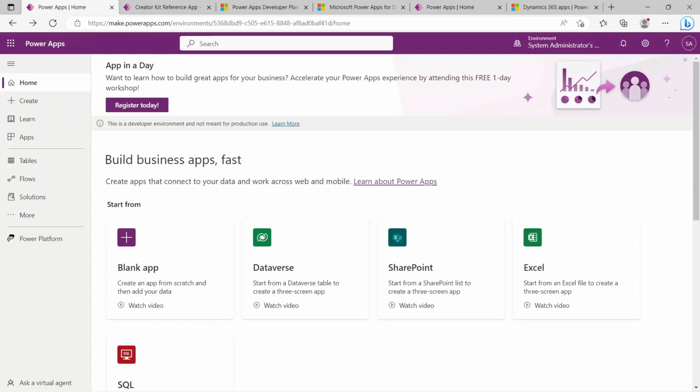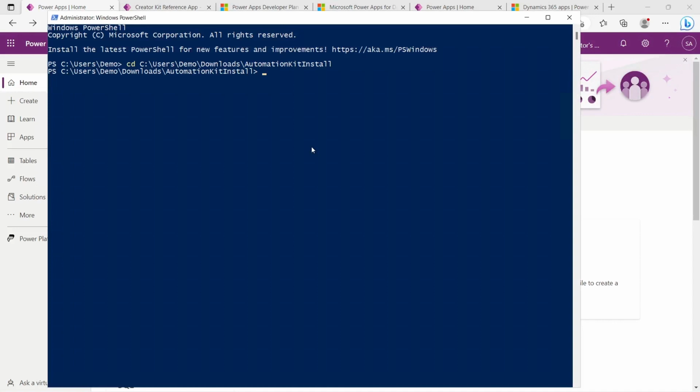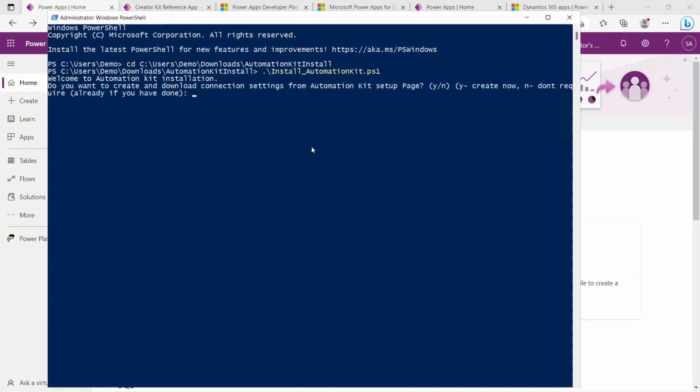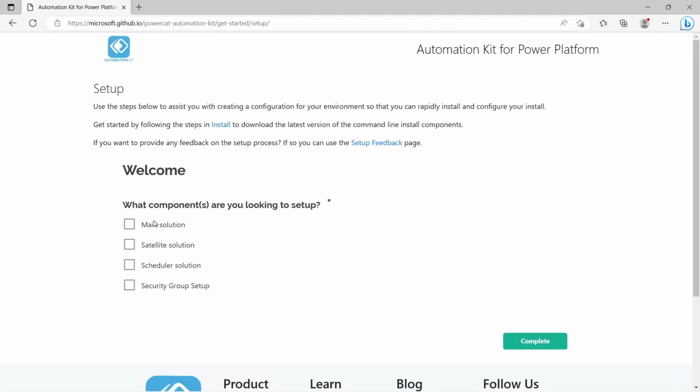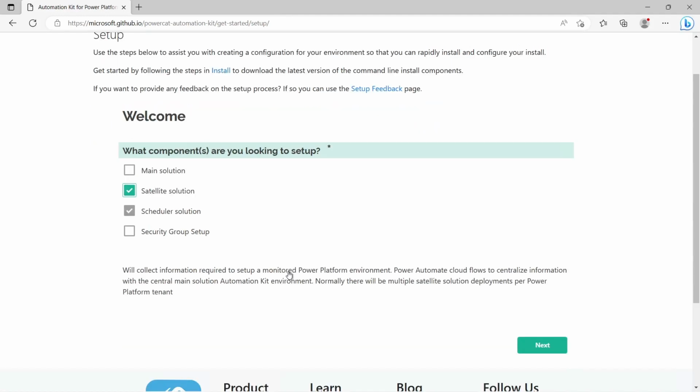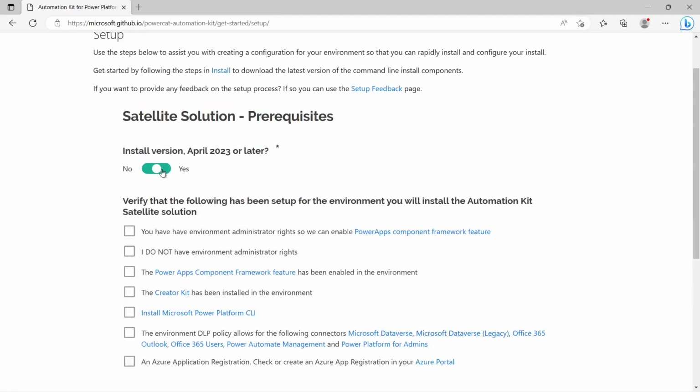Now that the Automation Kit main solution has been installed via the command line installer, let's start a command line install of the Automation Kit satellite and respond Y to launch the setup site to collect install configuration. Selecting the satellite solution install, then selecting Next. Indicate that the April 2023 or newer install will be made, and that installing as a user